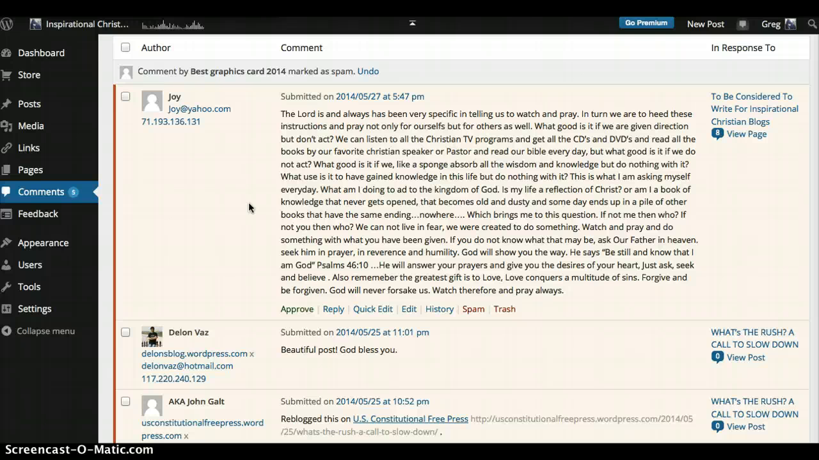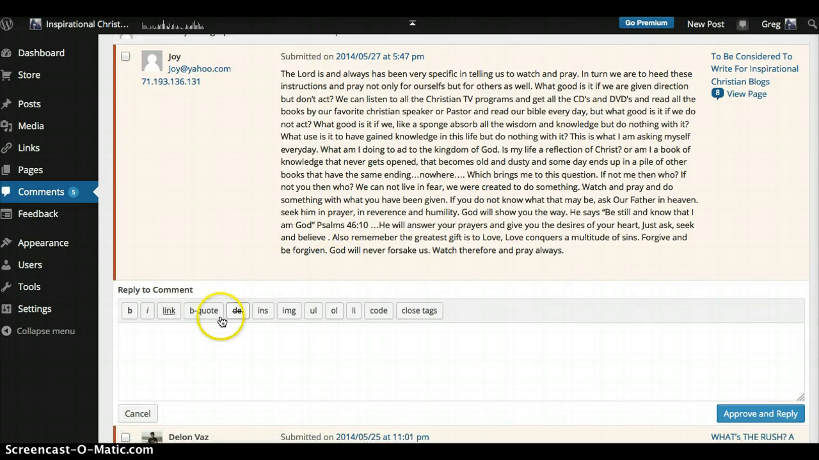This is a good comment. I do want this to appear. You have a couple of different options here. You can just click approve here, and this comment will appear on the site, whether it be a page or a post. Or you can click reply, and then a box pops up down here, and you can type a reply to this person, and I will take care of that later. But